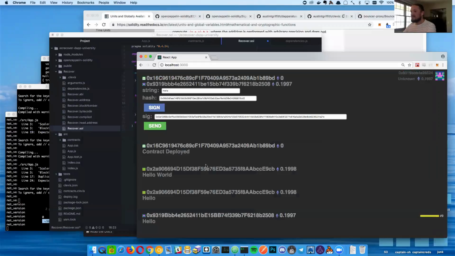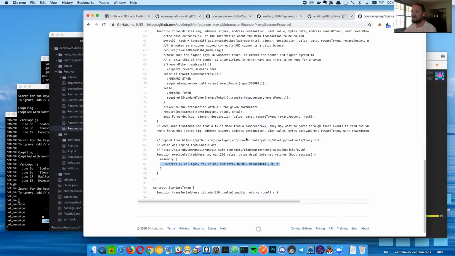I think that's basically it. Now, would that open up the doors for basically like a Dapp to pay your gas fees? Exactly. Yeah, for sure. So one of the reasons why I got into looking at building this bouncer proxy